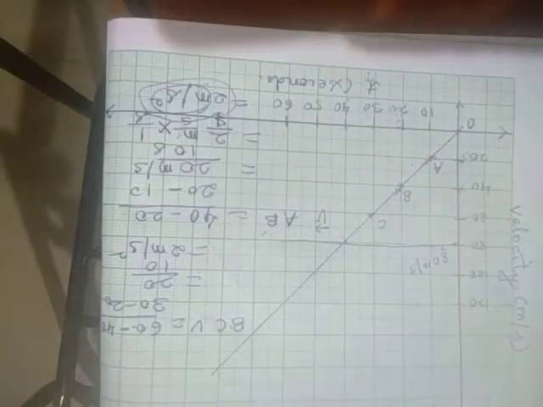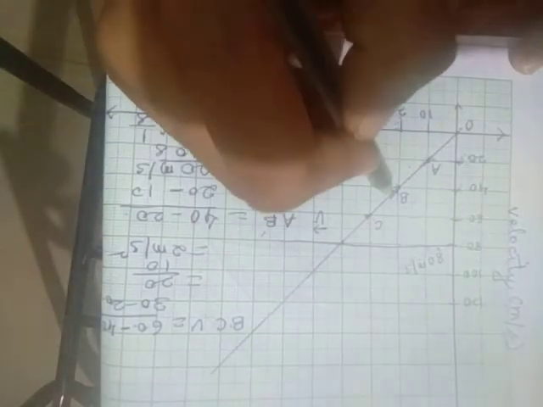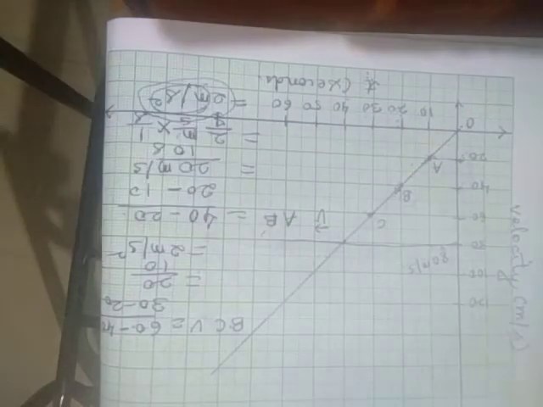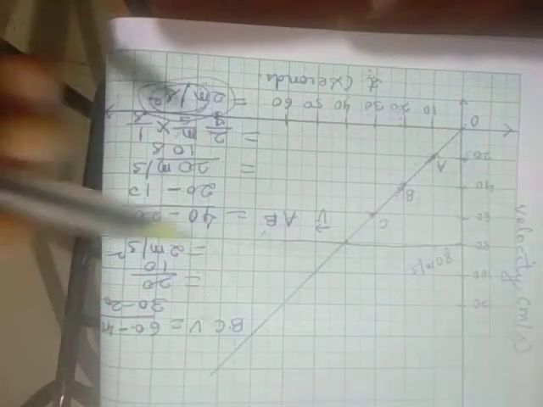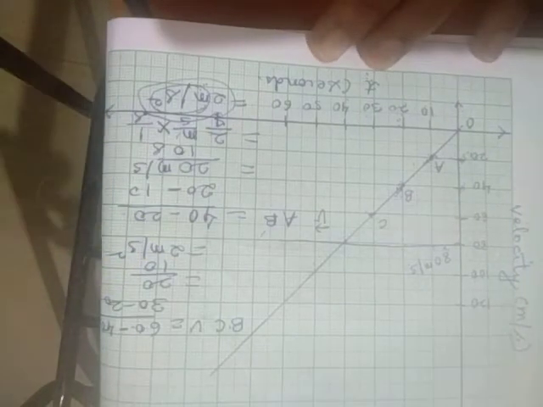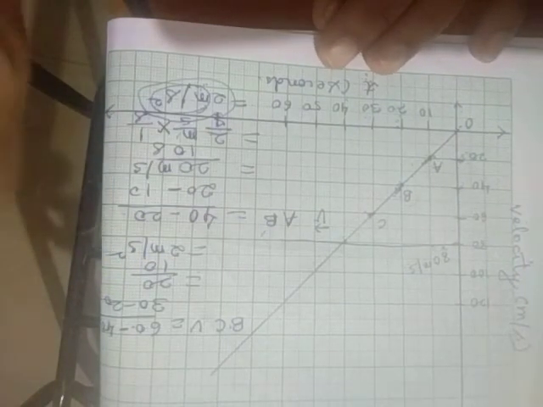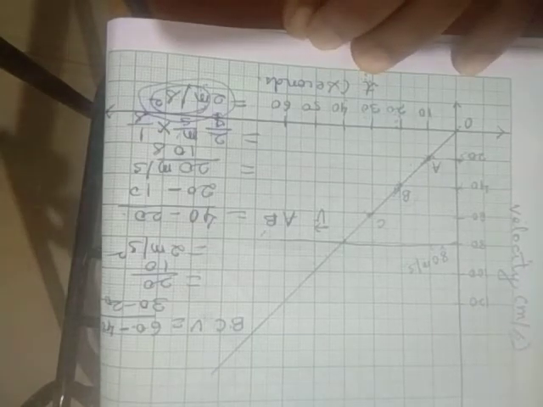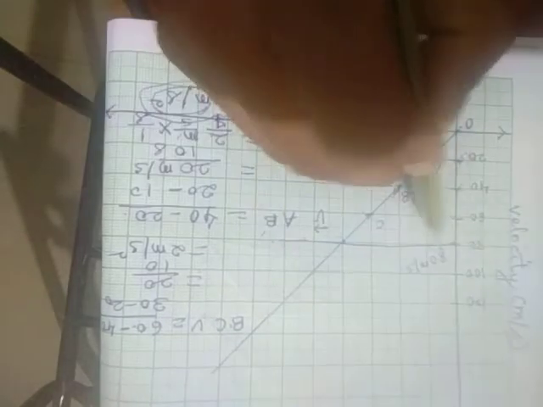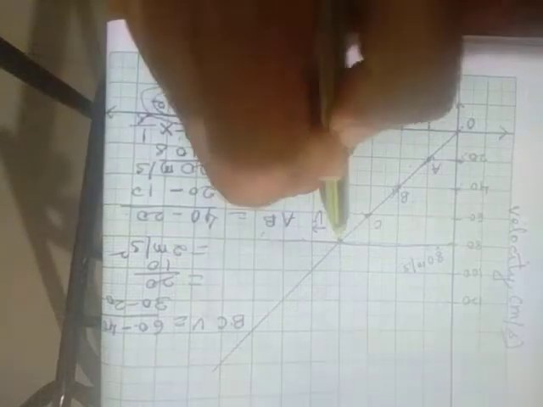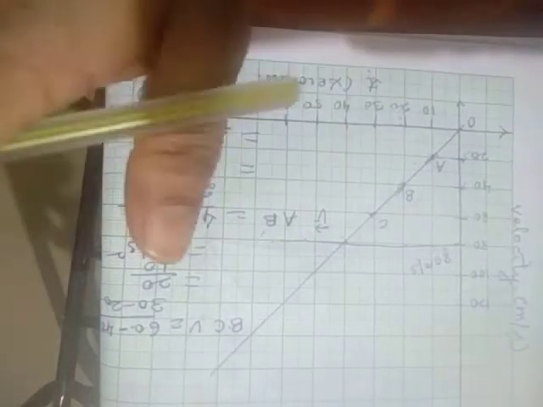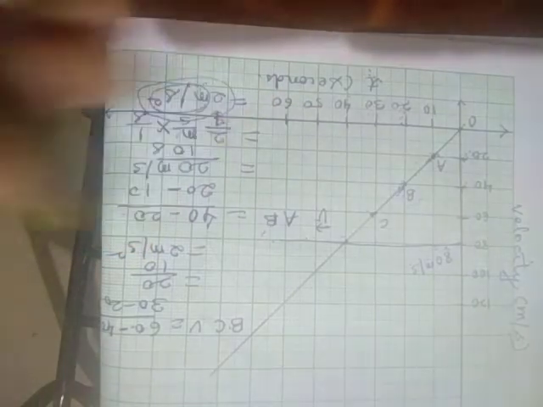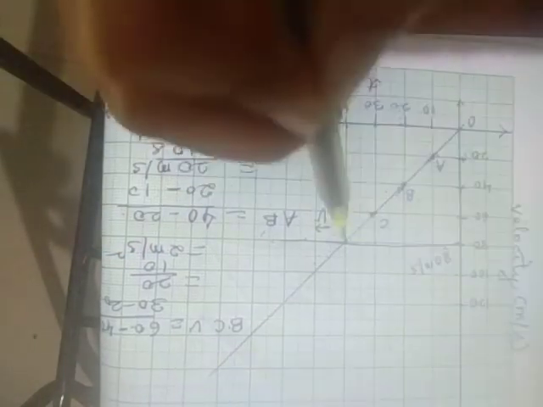So since the velocity is changing, we cannot call this type of motion uniform motion, but it is a uniformly accelerated motion, because according to the definition, acceleration is the rate of change of velocity. That means whenever velocity changes, only then acceleration happens. If the velocity does not change, that means it is constant velocity, then we will not have any acceleration, and that is called zero acceleration. Are you getting my point? Whenever velocity remains constant, the acceleration is zero.